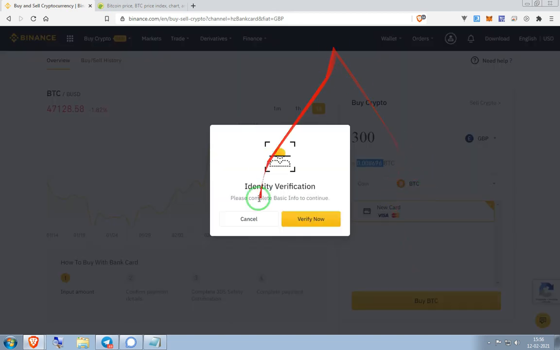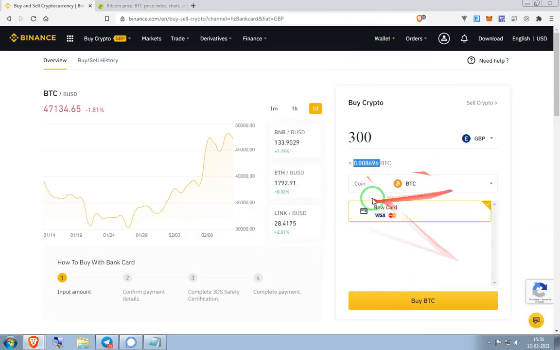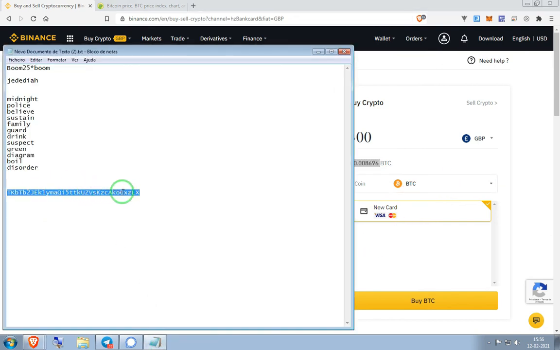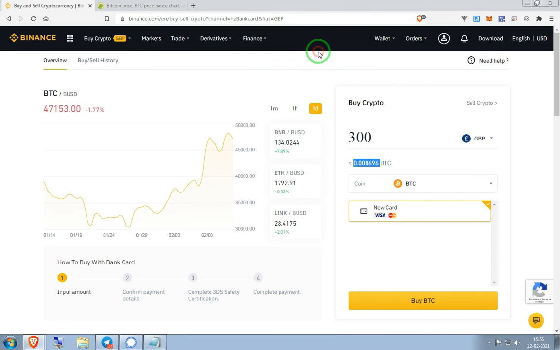So you press buy BTC, and it will take you to the section where it's going to give you the bank account number to send your money to. Since I haven't completed the identity verification, I can't show you, but this is how you're going to do it. Then it's going to ask you for your crypto address. In this case, we were talking about Tron. You would provide this address, and you're good to go. As soon as your money from the bank account arrives at Binance,